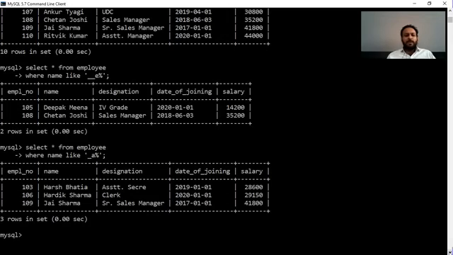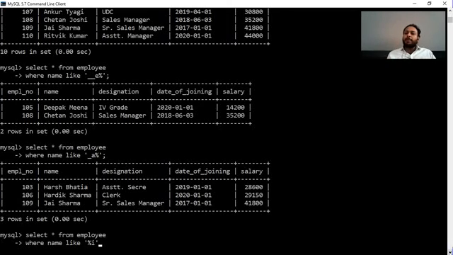Now one more thing. Display the details whose name ends with I. Again select star from employee where name like ends with I. Percent I means the last character will be I, and before it anything can be there.